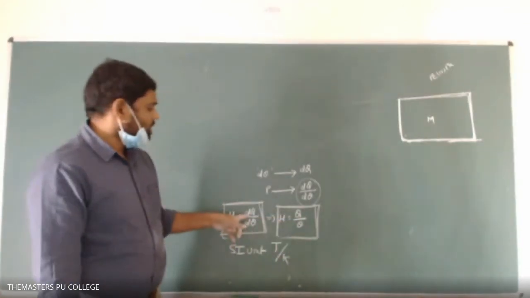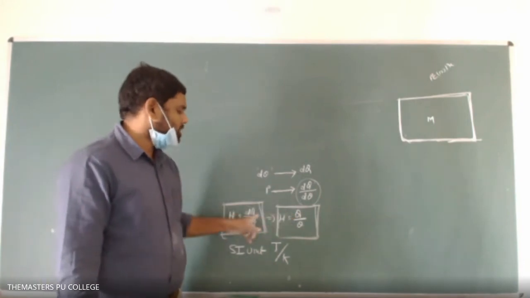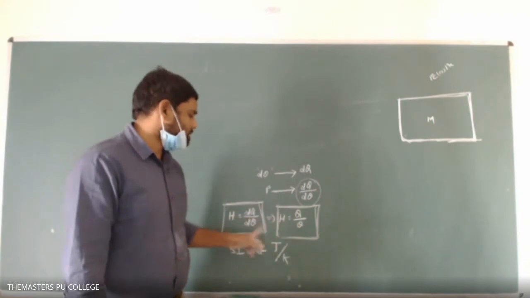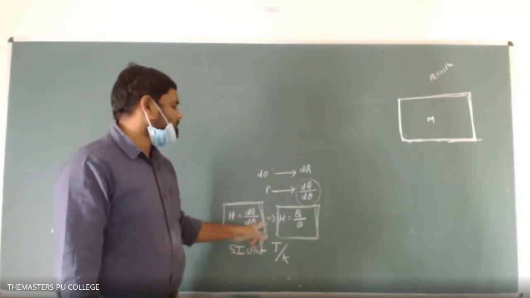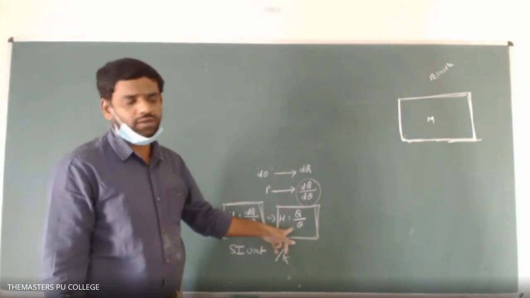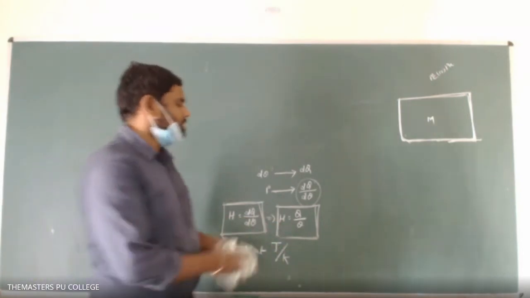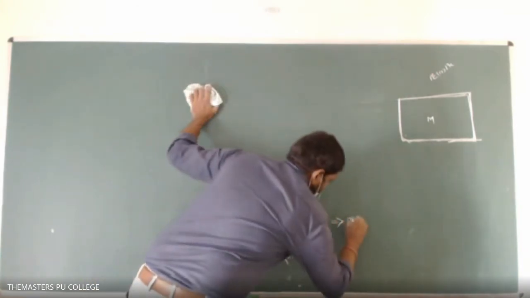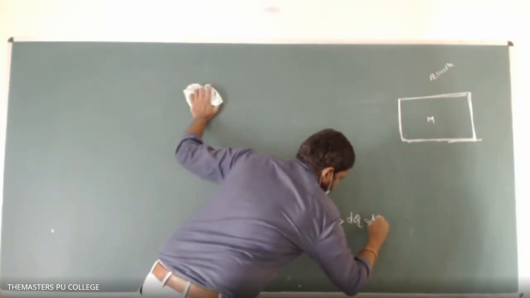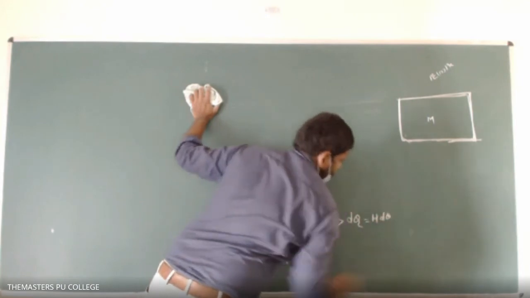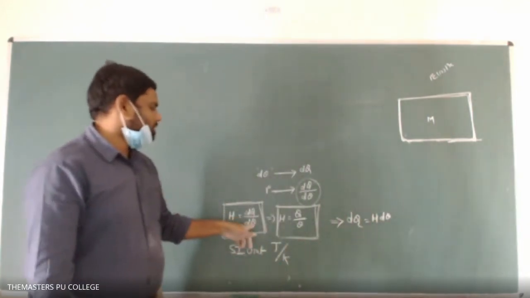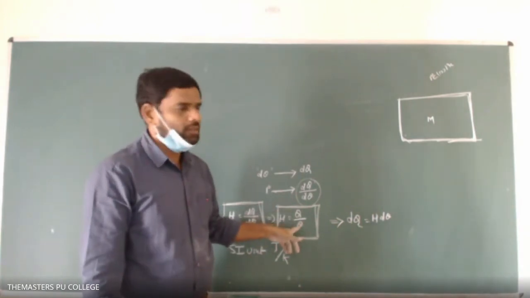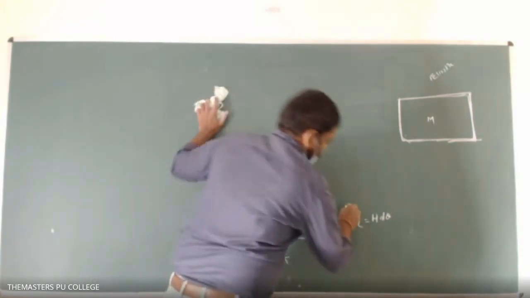Students, here dq and q both represent the same thing, that is heat supplied. D theta and theta represent the same, that is rise in temperature. If you cross multiply, then dq can be written as H into d theta. While writing the letters q and theta, differentiate those letters, otherwise you will get confused. So dq equals H into d theta.